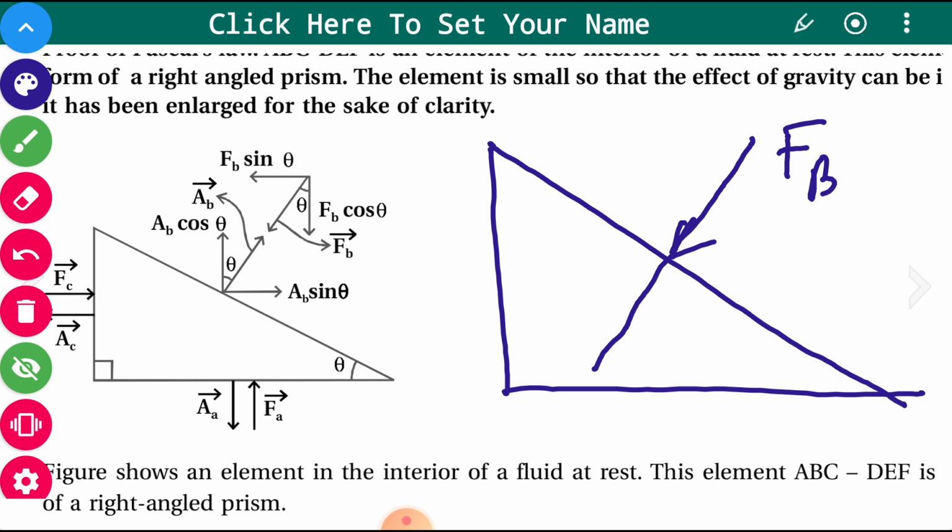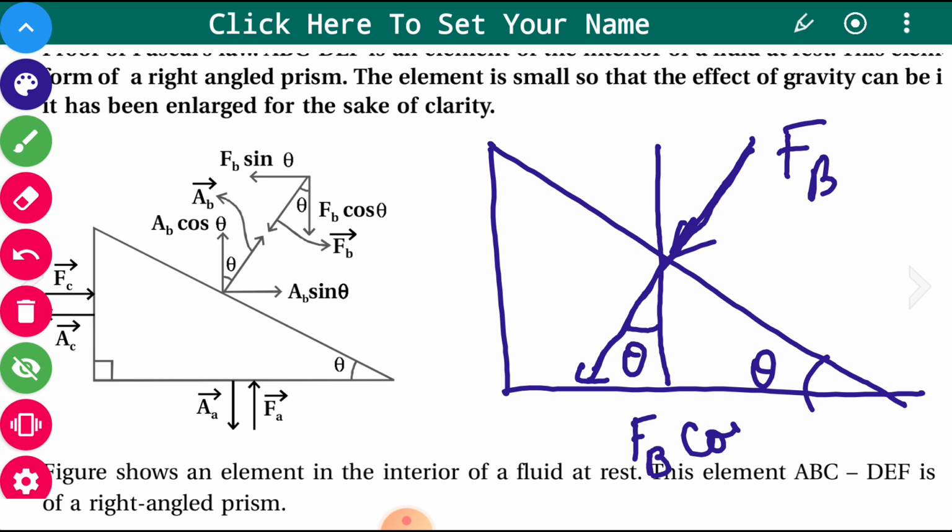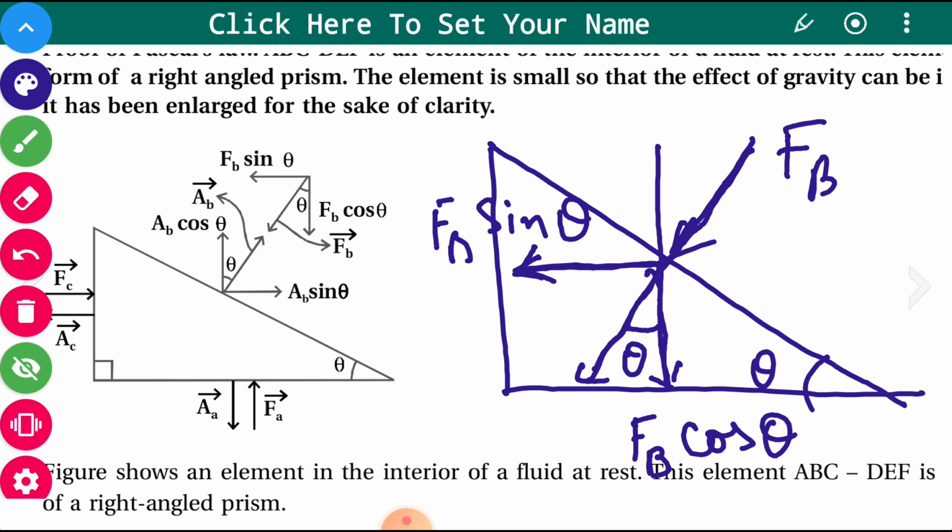Now this force is in this direction, and this angle is taken as theta. So this particular angle will also be theta, and the FB force is in this direction. So the FB cos theta force will be in this particular direction, and the FB sin theta force will be in this other direction. So FB cos theta force is acting on surface A, try to understand, and on surface B, or rather